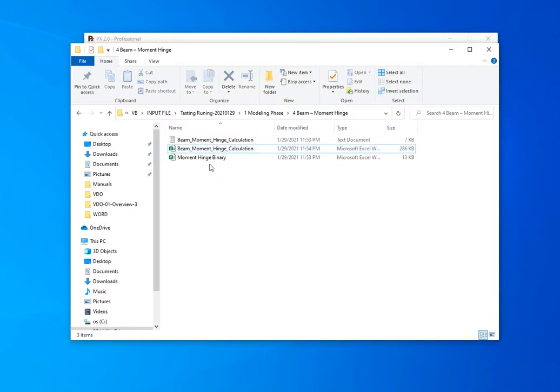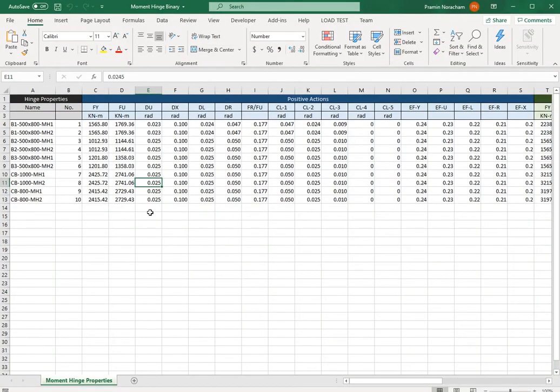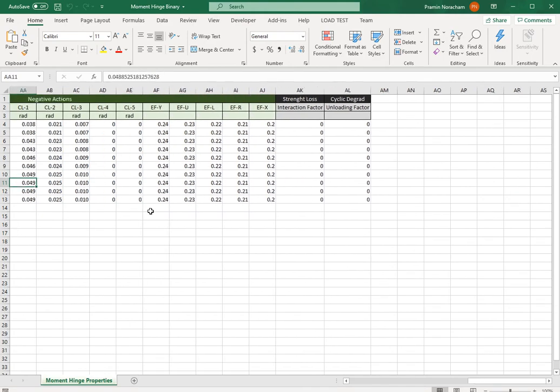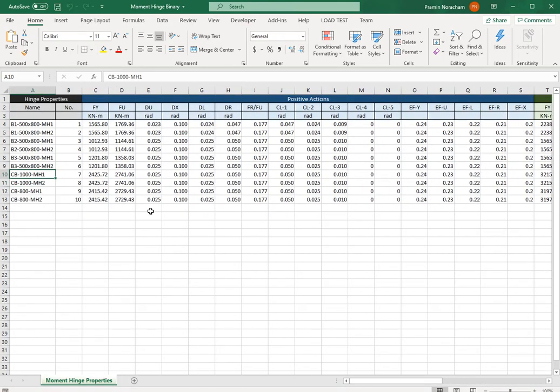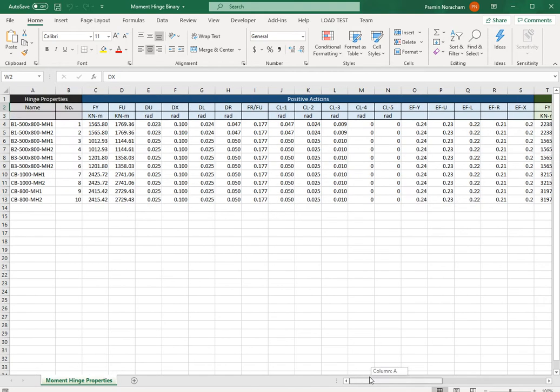The second file is a moment hinge binary. This information later on PX will convert to a binary file. This is a modeling parameter for Perform 3D.